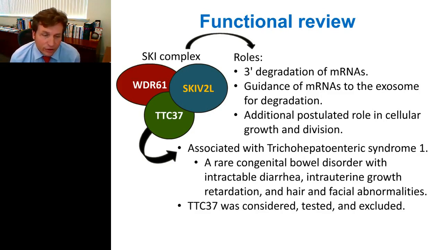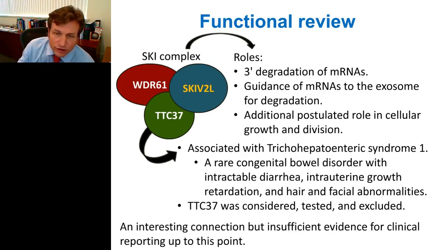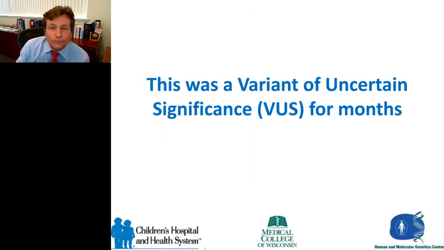Well, now we have an interesting point of view. Now we have a binding partner to this gene that has been implicated in something like this. So would you make a diagnosis that SCYL2 is actually causal? Would you make that pathogenic? Here we've got some evidence. Now, in our case, we said no. This is a variant of uncertain significance because there's no evidence that this is actually causing the disease.